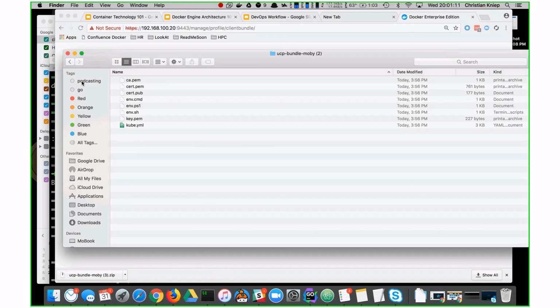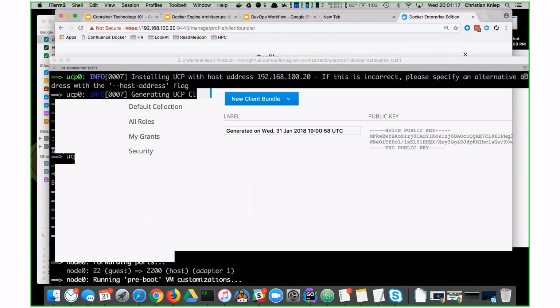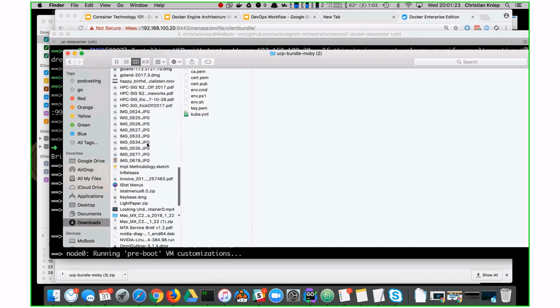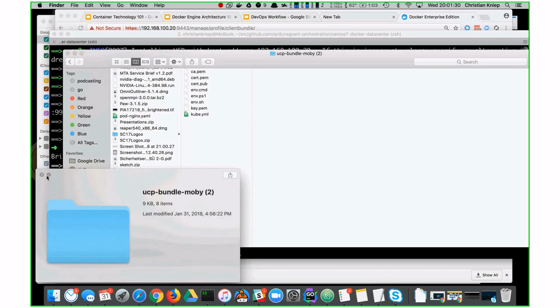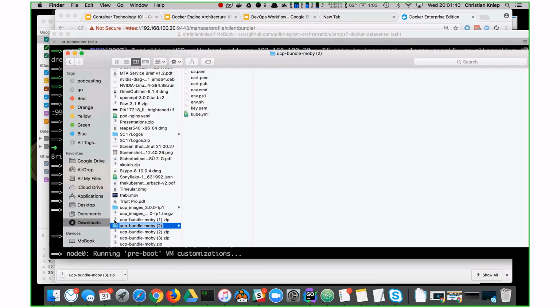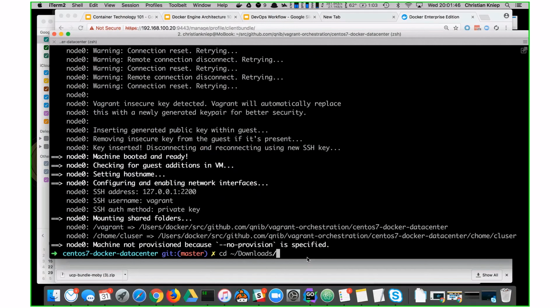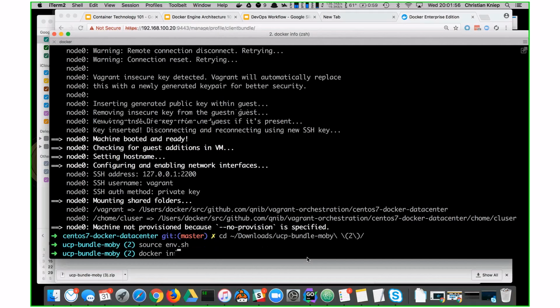Downloads, UCP. So I source the environment, then Docker info, and it's not working.